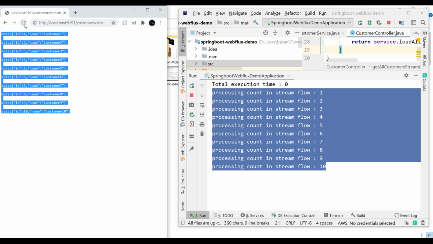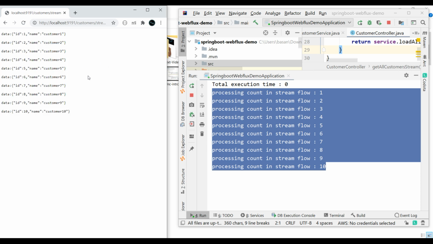This is the advantage of using reactive programming over our traditional approach. My publisher will keep pushing the events as a stream to my subscriber, and each event will be transferred through the doOnNext call.